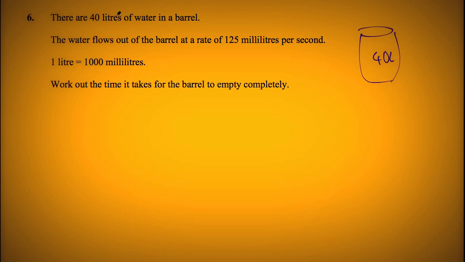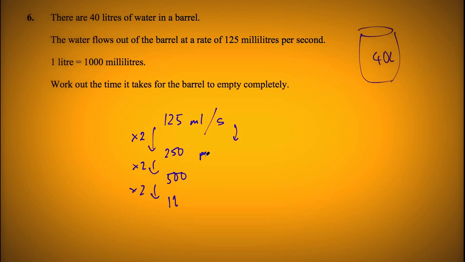So we've got 40 litres, 125 millilitres per second. If I multiply that by 2 gets me to 250, times by 2 again gets me to 500, times by 2 again gets me to 1 litre, 1,000 millilitres. If I do that per second, then it's per 2 seconds, times by 2 is per 4 seconds, and 1 litre